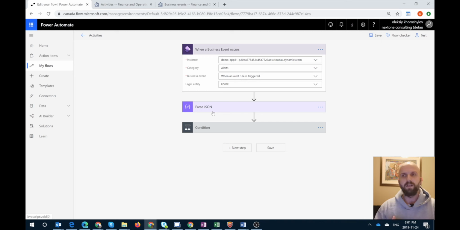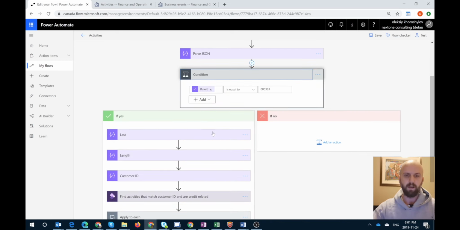And now I need to use that information to make a decision: should I run my flow or should I not run my flow? So that's where this condition comes into play. So here's my condition. I was able to use the rule ID that was parsed by JSON in the previous step, right? So when an alert is generated, it has an alert ID, it has information about the customer, it has some sort of message, etc. So I was able to use the rule ID, and I said only run my flow when rule ID equals to